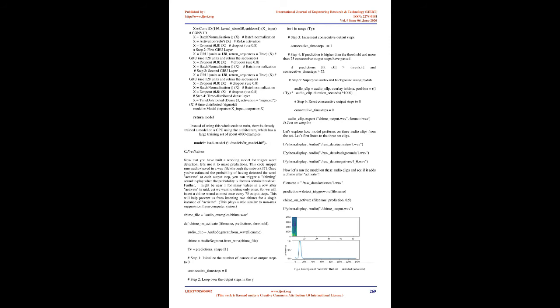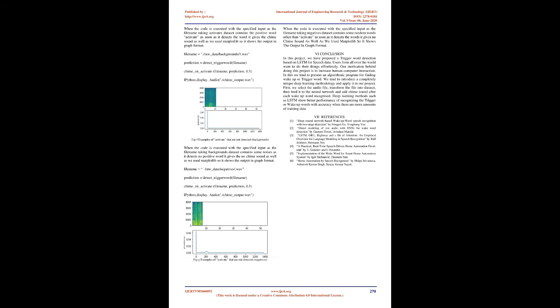chime_file = audio_example/chime.wav. def chime_on_activate(filename, predictions, threshold): audio_clip = AudioSegment.from_wav(filename); chime = AudioSegment.from_wav(chime_file); Ty = predictions.shape[1]. Step 1: initialize the number of consecutive output steps to 0. consecutive_timesteps = 0. Step 2: loop over the output steps in the y. for i in range(Ty):